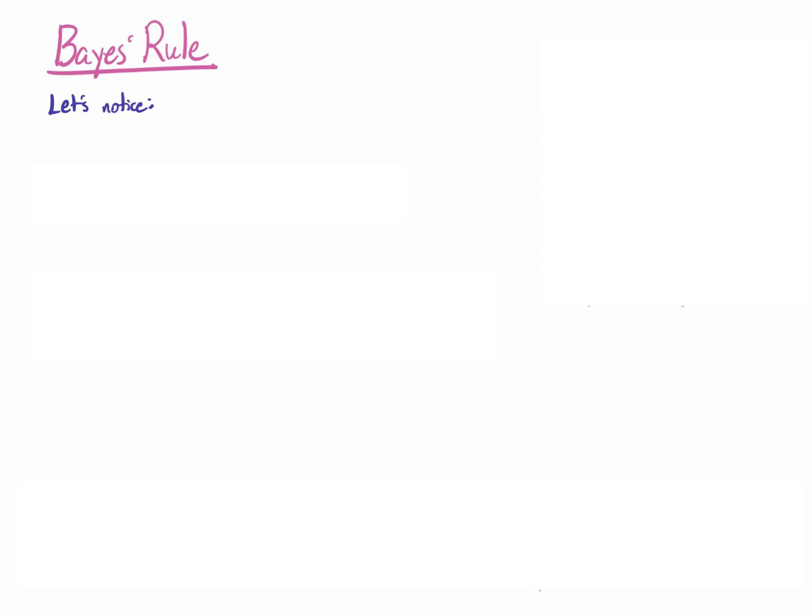So now we're going to introduce an extremely important but also extremely simple idea, which is called Bayes' rule. In order to derive Bayes' rule, this is a very fast kind of proof, we just need to notice one thing. I'm going to start with the probability of A intersect B, and I'm going to rewrite it in